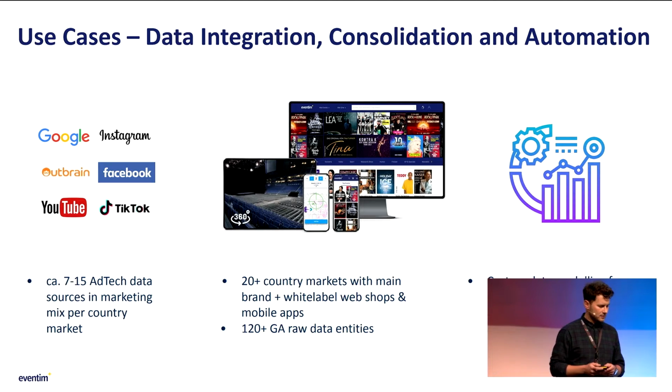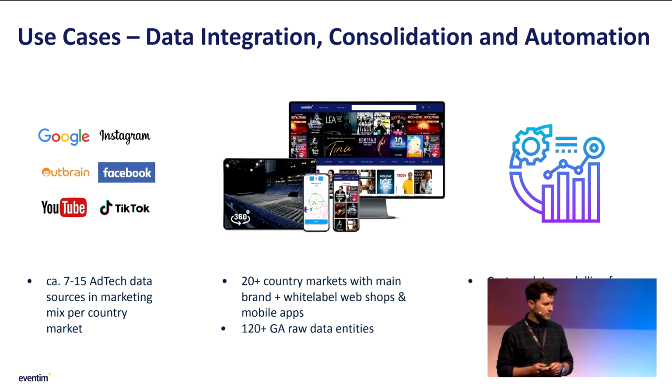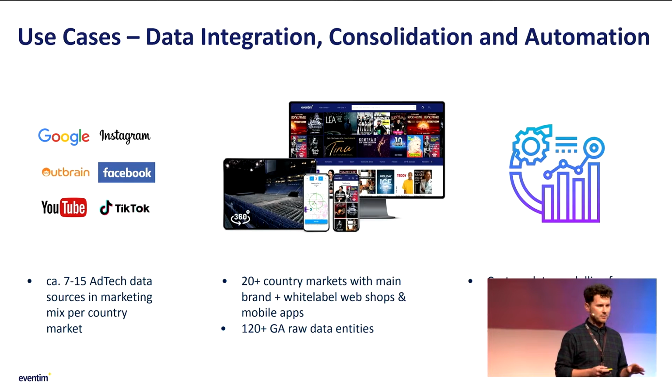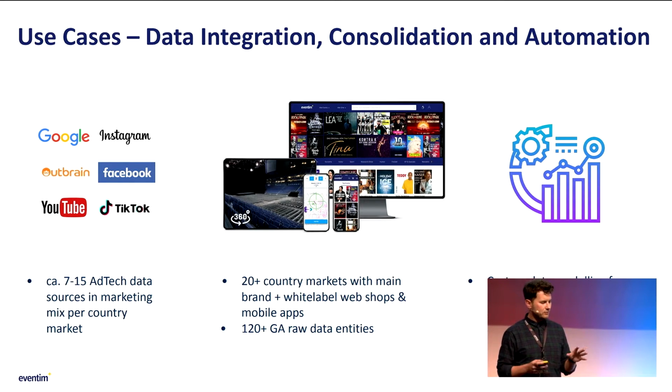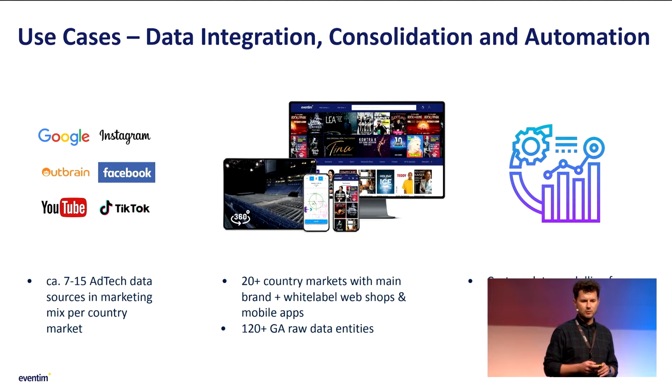Talking about the data, right now for the digital touch points, we see in Google Cloud 120 plus GA raw data entities. When I say raw data entities, I mean the view IDs, or the views you directly export to BigQuery, which represent the GA sessions. This is not only the main shops. The main shops are a bit less, I will come to that a bit later. But roughly, when we talk about this, it's 120 plus. It varies, depending on how far we go into a different market, or even go to a different market, and so on.